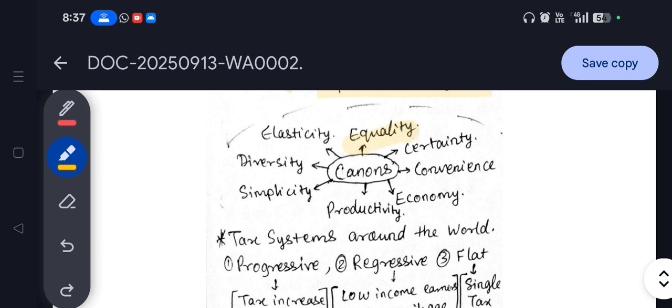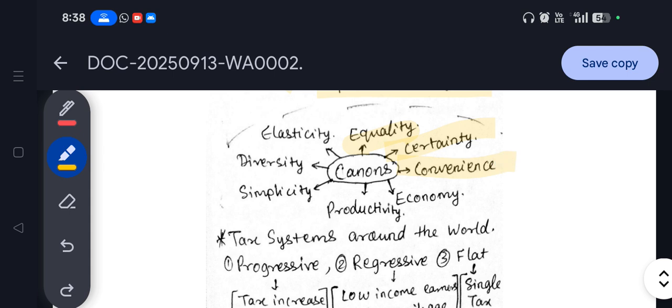So the first canon is equality, meaning the tax should be collected equally from each and every person depending upon their income, right? It is very similar to the concept of the Ramcharitmanas, where it is said that as a smaller pond has very little water in it, the tax consumption should be very little, and for bigger ponds, the tax collection should be more, the same as the sunlight collects water vapor from each of the different resources separately. So this is the canon of equality, canon of certainty, right?